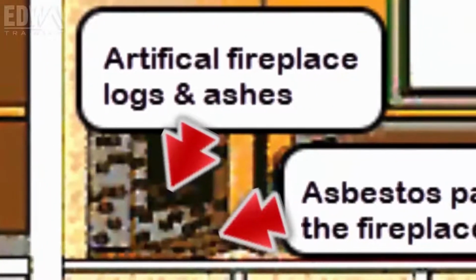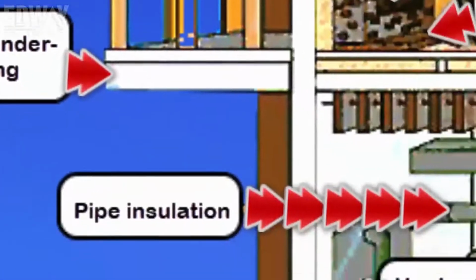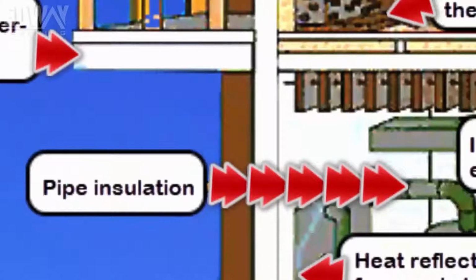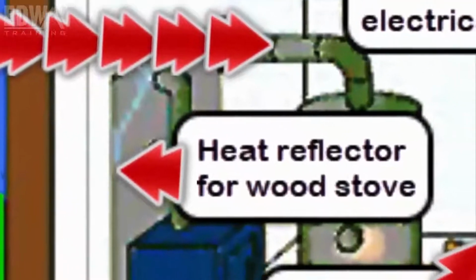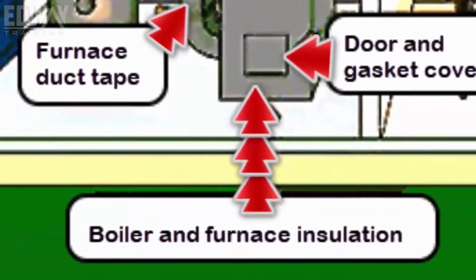artificial fireplace logs and ashes, asbestos pad under the fireplace hearth, deck undersheeting, pipe insulation, heat reflector for wood stove, insulation on electrical wires, furnace duct tape, boiler and furnace insulation,